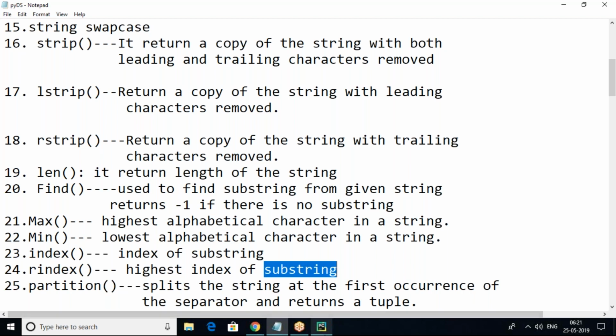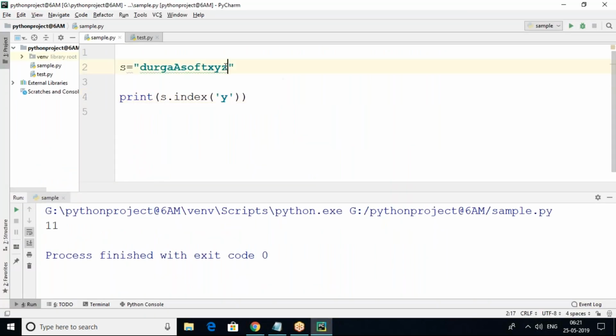So rindex means highest index of the substring. We have many substrings. Suppose Python is a language and it is oops and it is scripting. This is my string.